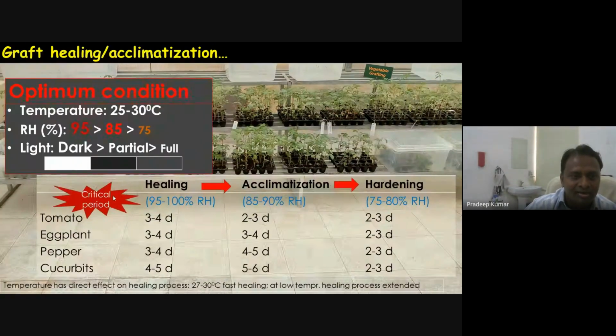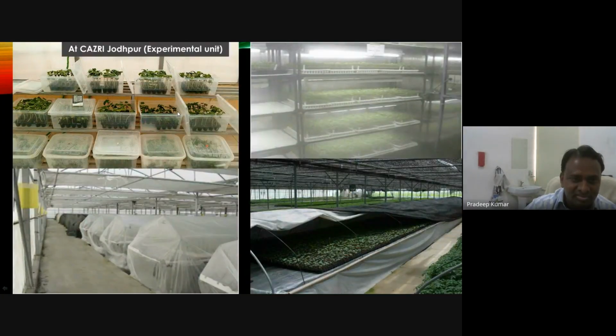And this is the critical period for major grafted vegetables: for healing 3 to 4 days, for acclimatization 2 to 3 days to 5 to 6 days, and then hardening. These are the temperature and light requirements for a better output of the grafted seedling. Different graft healing acclimatization systems are available across different institutions and commercial